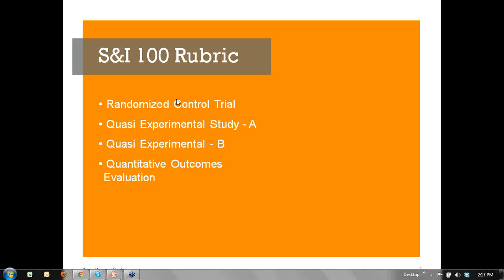Now, the final type of evaluation on the list, the quantitative outcomes evaluation, is where there's really no effort made at all to statistically show that the group that received the treatment and some control group are similar. And in fact, sometimes no control group exists at all. And this occurs more frequently than you might imagine. We see oftentimes evaluations simply show the gains made by participants with no real reference to a control group. And of course, while it has some value, it fails to address the important question: compared to what?